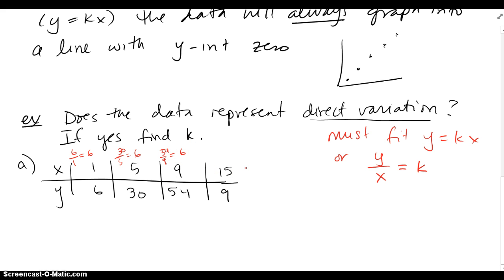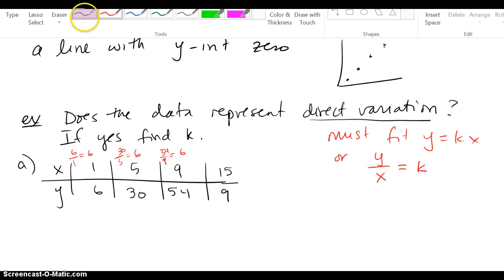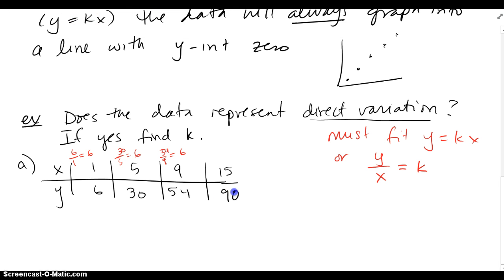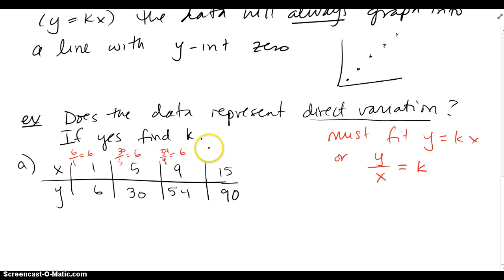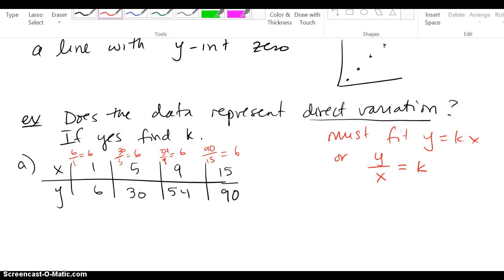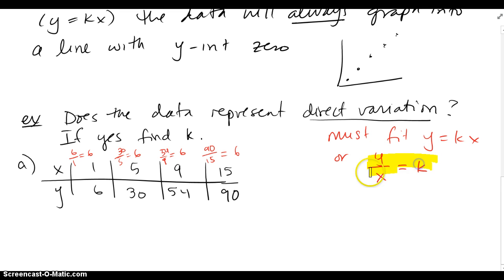And then the last number, actually I have it wrong, I believe. The last number really should be 90, if I've copied the example correctly. Then I have 90 divided by 15, which is also equal to 6. So looking at the ratios, I always get the same constant of proportionality, k. So our answer for this would be yes, their ratio is always